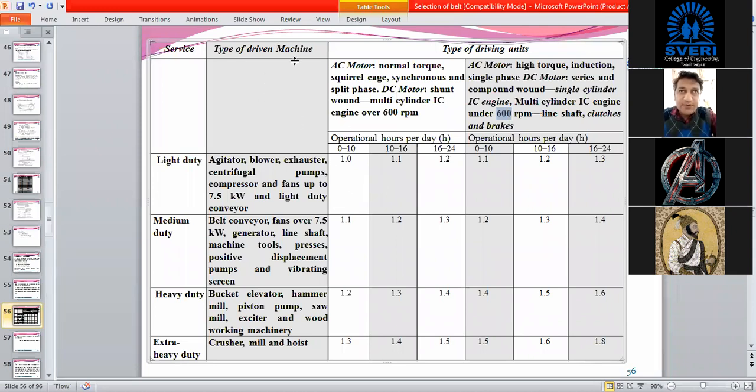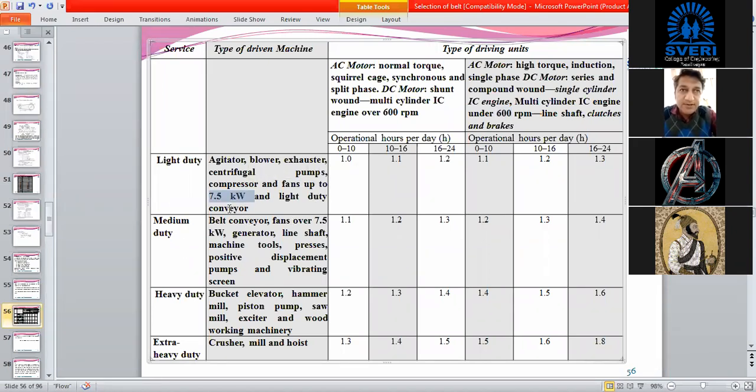Now the type of driven machine: we can say agitators, blowers, exhausters, centrifugal pumps, compressors, and fans up to 7.5 kilowatt. See, light duty is considered up to 7.5 kilowatt, of all the above equipment which we are going to see. And light duty conveyors.